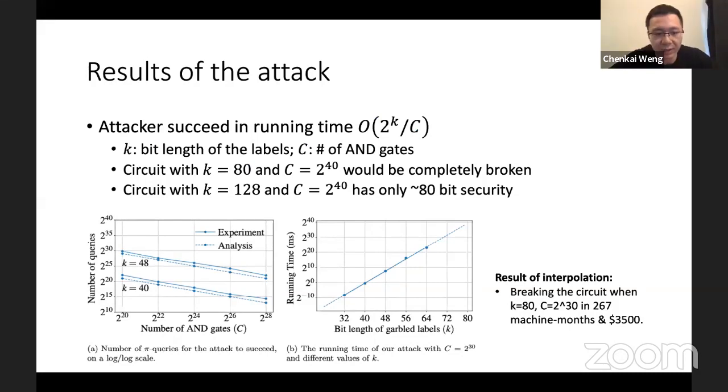It works for the multi-instance setting when the adversary receives multiple circuits, even if they are garbled independently using different global correlations. This attack can still apply, and the important thing is that it increases the chance that the attacker breaks one of the circuits. I mean, at one time when the attacker finds a hit, like the pre-image of the hash, it can only break one of the circuits, not all of them. But having many circuits increases the chance for the attacker to break one of them.